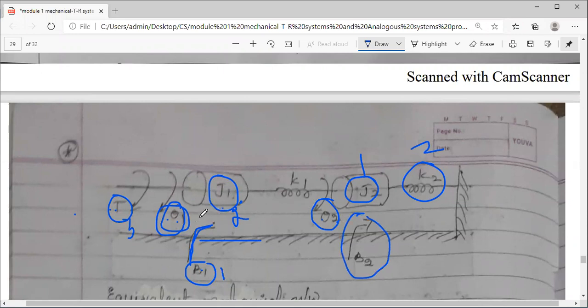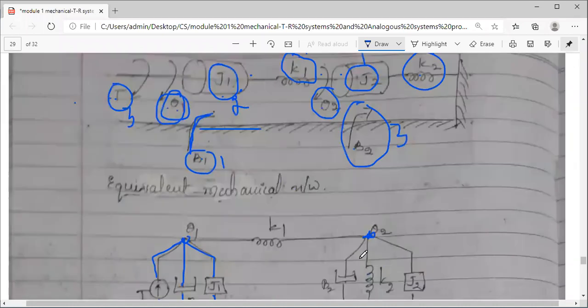If you connect some rollers, right? Then that can be avoided. But here it is a free space, so you have to consider this friction also. B2. So three elements purely, and you can see K1 is also there, but the difference is in K1 you have both ends free to move. So for time being, let's not consider this. So three elements are purely connected, are related to theta 2. So J2, K2 and B2.